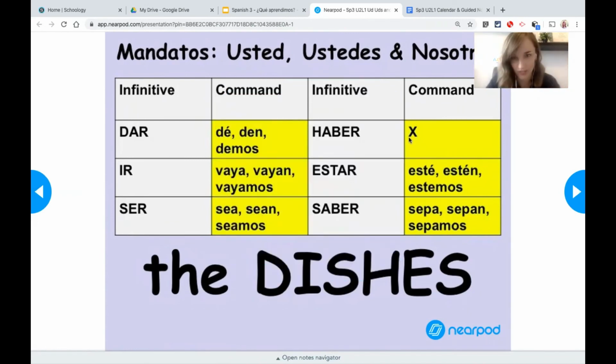Haber, I put the X again because haber is not used as a command. It does exist in the subjunctive as haya, but it's not used ever as a command. Esté, accent on the E to differentiate it from that demonstrative este, which means this. If you guys remember this in tú commands. And then we have estén, also keeps the accent on the E to maintain that same pronunciation throughout, and estemos. And then saber would be sepa, sepan, and sepamos. So it's basically you're just taking those yo forms and you're kind of filling out all the other subjunctive forms here to make commands to different